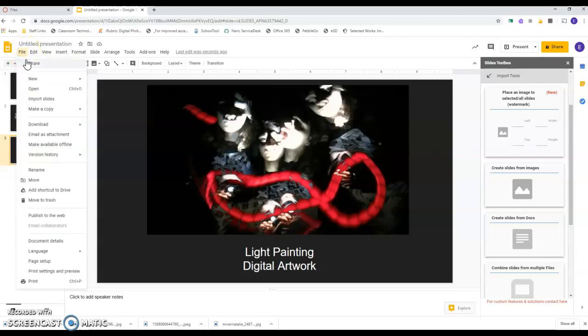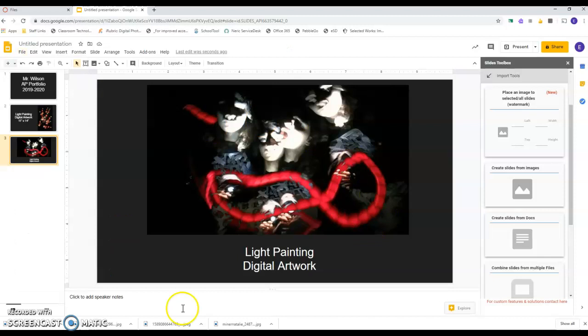You can save as you go along. So please make sure it's saved. I'll be honest, Google Slides is not my favorite. I prefer PowerPoint wildly. Then once you're finished, upload that to the portfolio presentation, and you are